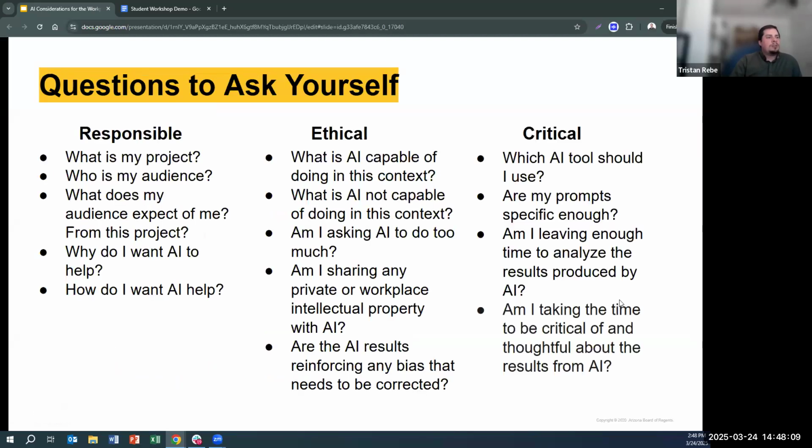Again, just to come back to this, as you're going through prompt engineering or thinking about your use of tools, I did want to bring you all back to these questions to ask yourself. So thinking about what is your responsible use here, who's your audience, and what are their needs? What do you need it to help with? What is your project that you're trying to do? The ethical, so thinking about what is AI capable of doing, and then are you sharing any private workplace intellectual property, and then the critical side, so thinking about, are your prompts specific enough? Are you giving yourself enough time to analyze the results produced,